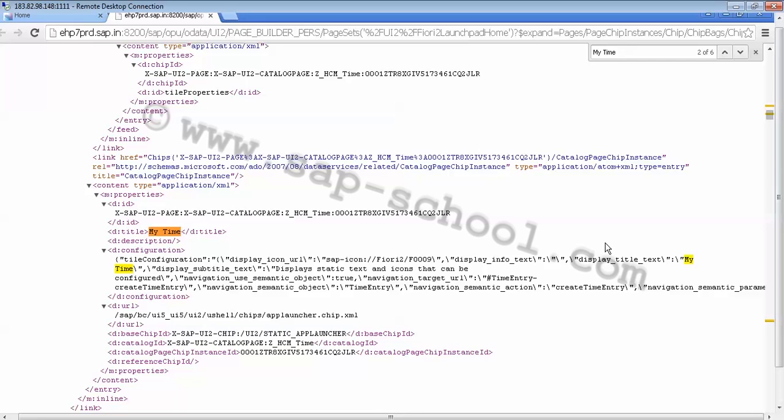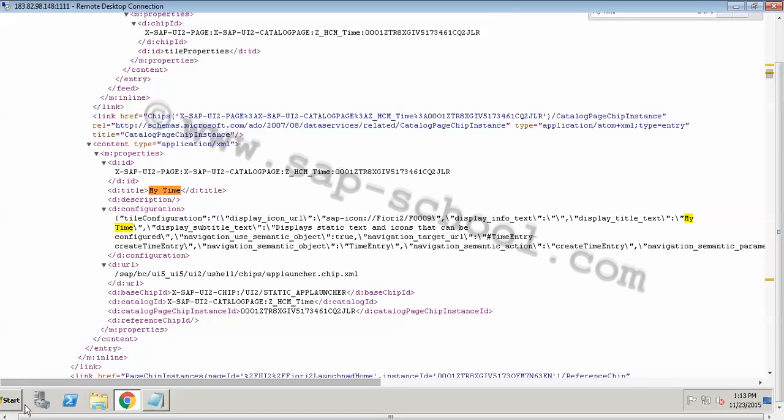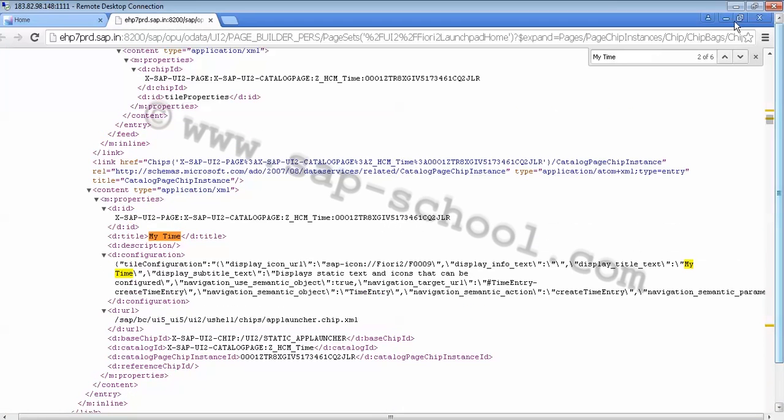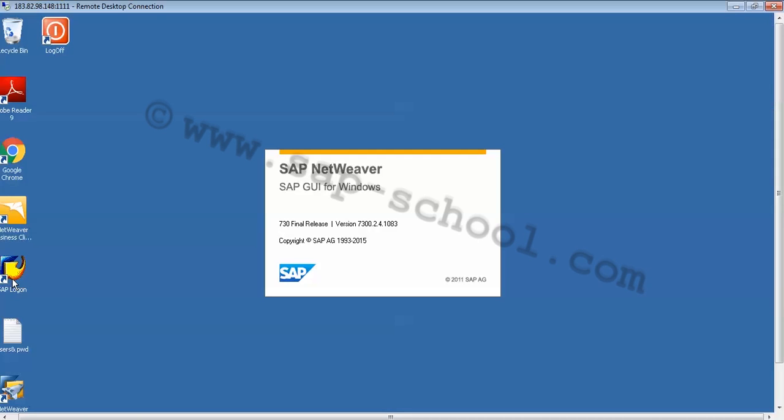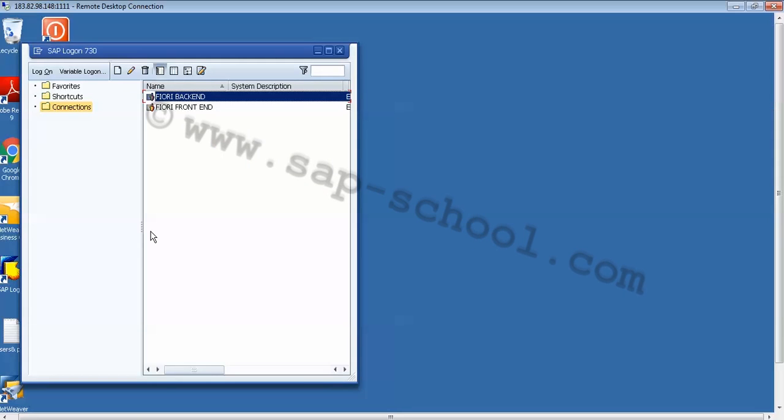After this we have to check the assigned roles to the user. So we have to log on to our backend system. Let me go back to my SAP logon and let's log into my backend system.